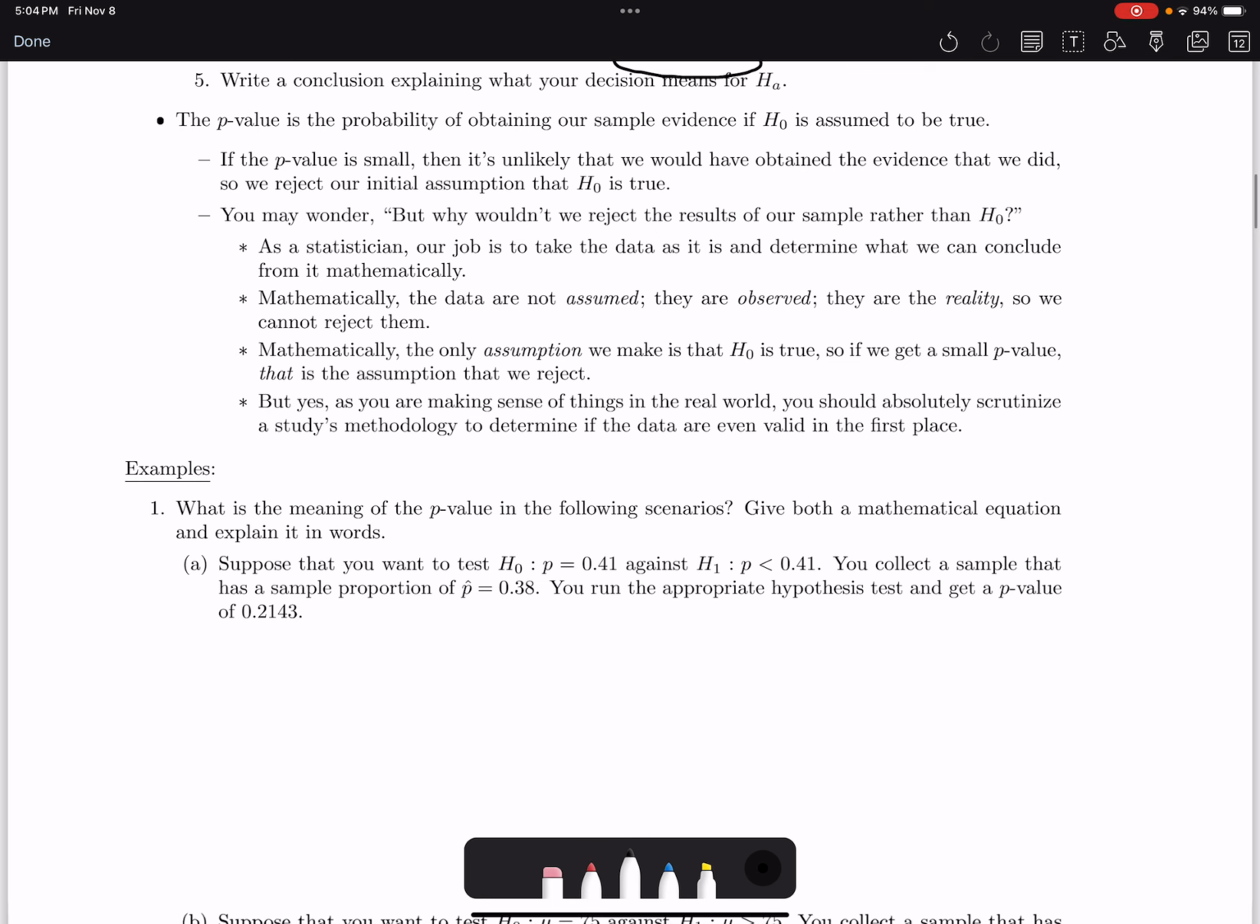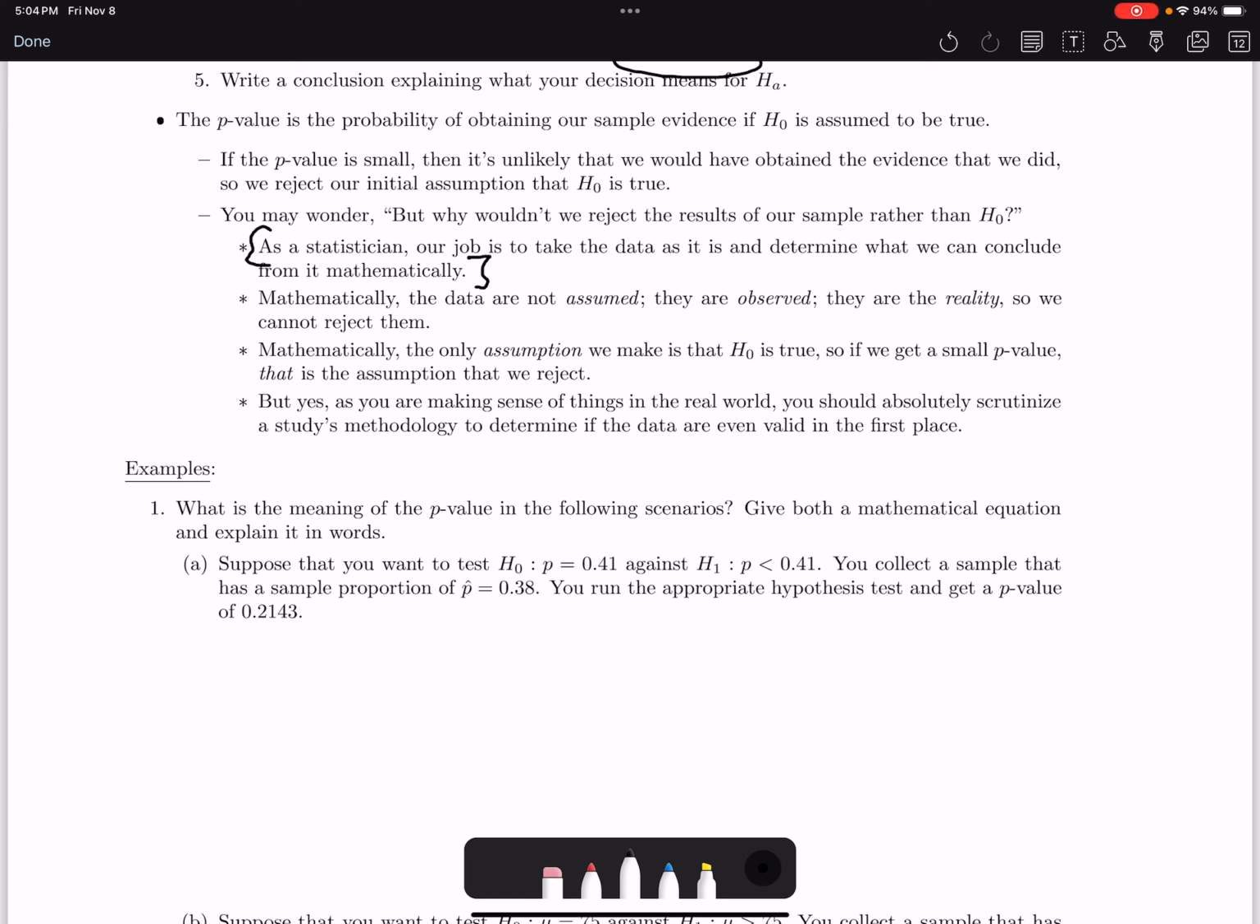You may wonder, and I've had students ask this in the past, why wouldn't you reject the results? Like, if you got a small p-value, yeah, it could be that the null hypothesis is true, but it could also be that there's some flaw in the study. And that's totally true, okay? But as a statistician, that's not really our job, right? As a statistician, it's our job to take the data as it is and determine what we can conclude